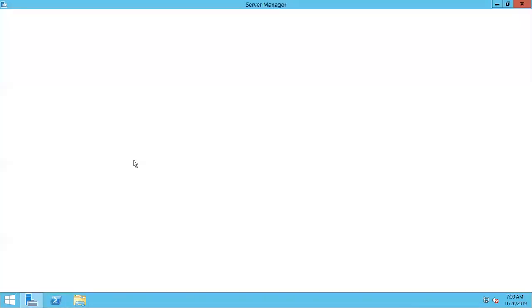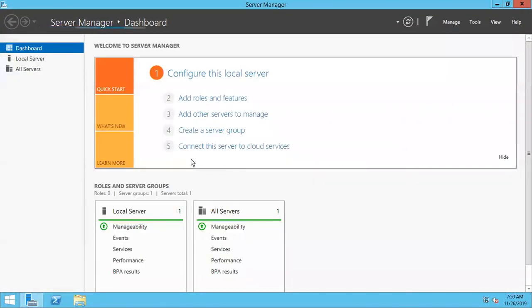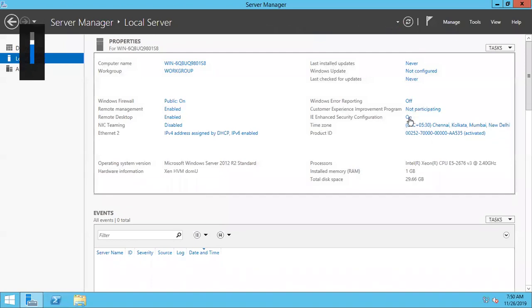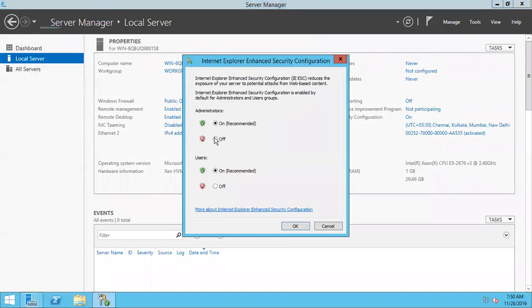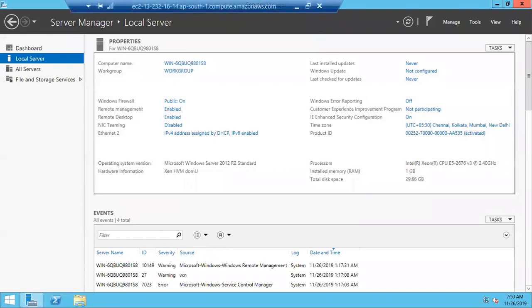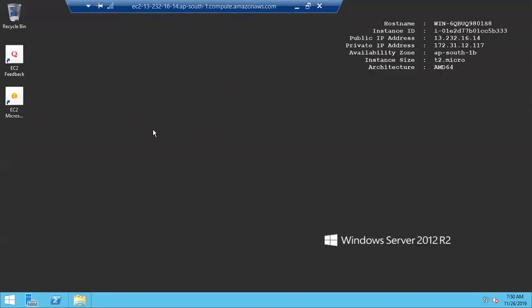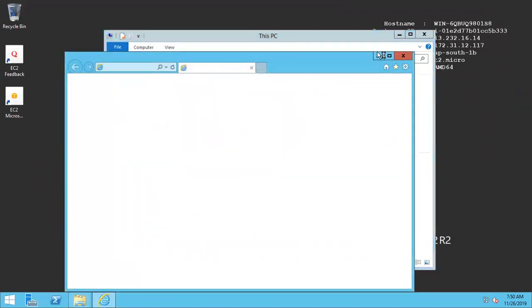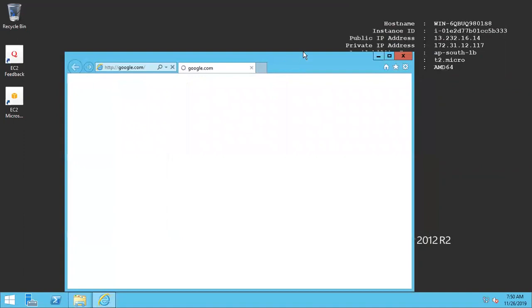Okay, so let's look into that metadata. First, I'm going to disable IE HC. Why? Because I need to execute a URL through the browser. So here I'm disabling IE HC. So I'm going to open google.com by using Internet Explorer. So it opens a browser. So here is my browser. Now here I'm going to give a URL.